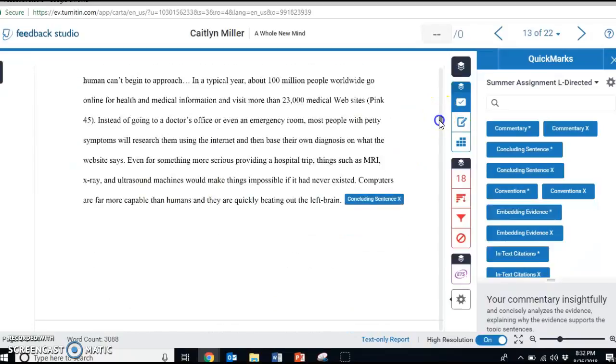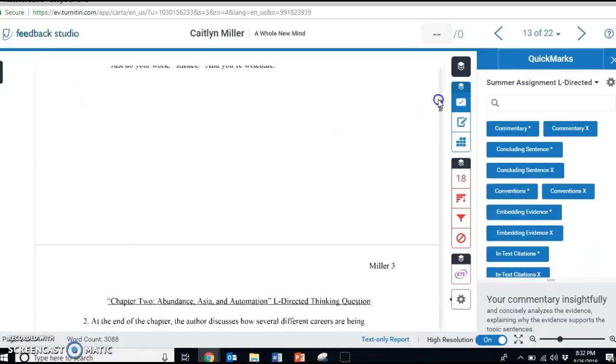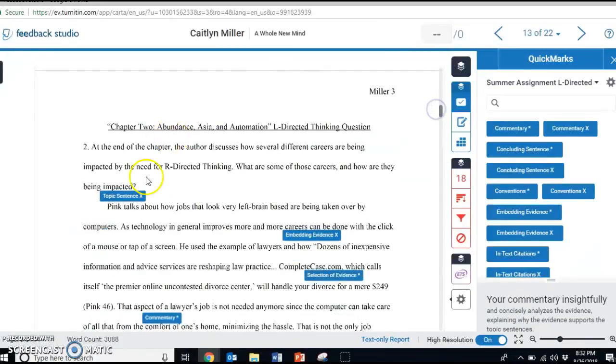I also looked down at your concluding sentences, and again, I think you had concluding sentences, but I didn't always get a clear connection back to that question, which really the concluding sentence is kind of just restating the answer to that question and almost wrapping up the paragraph and signaling to the reader that we're done, right? So I would just encourage you to go back and tie those more specifically to the question as well.